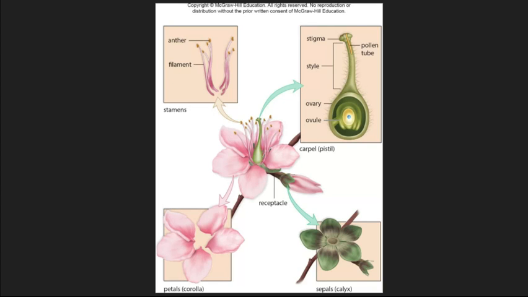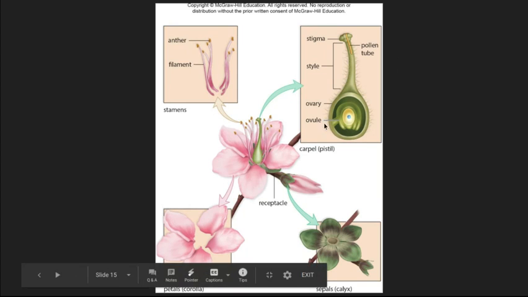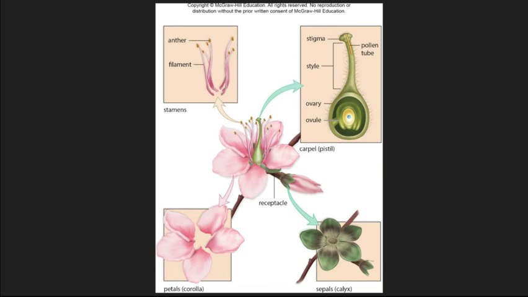The different parts on this plant: the anther is a part of the stamen, and the stamen is the male reproductive structure, and it produces pollen, the anther does. The filament is basically what holds the anther. The pistil is on this side over here. It holds the female reproductive structures, and those include the stigma, which takes in the pollen and has the pollen tube, the style, which holds up the stigma, and then the ovary, which contains the ovules